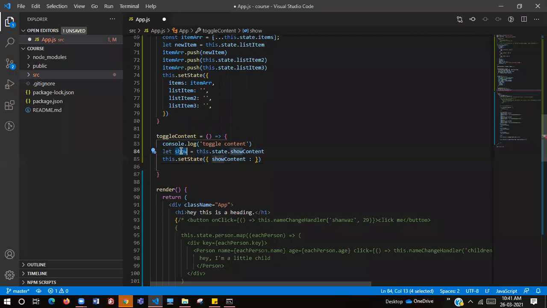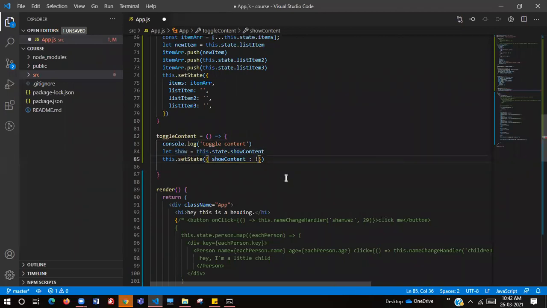What is the opposite of show here? Hide? Not the word exactly, but how do we negate this show? This show now has true, based on what we declared above. Do we use any not operator?